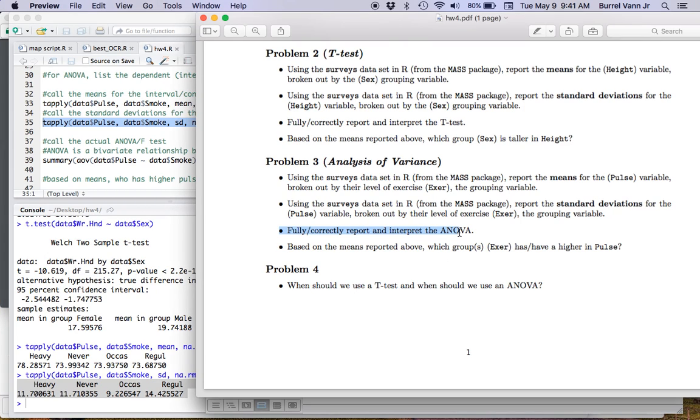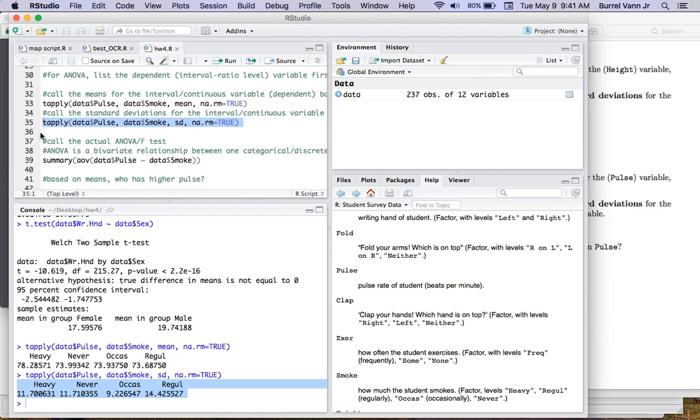Next, I say to fully and correctly report and interpret ANOVA. So, much like the t-test, where we had t.test, and then data, which is our data set, our pulse or interval ratio level outcome or dependent variable, tilde, and then our categorical variable. Here we just replace t-test with AOV, which is analysis of variance. That's how they write it out. And then summary just gives us the overall summary, and that's so you don't have to change anything there. You'll still be using the pulse outcome variable, but you will change this to data $exer. So I can run this,